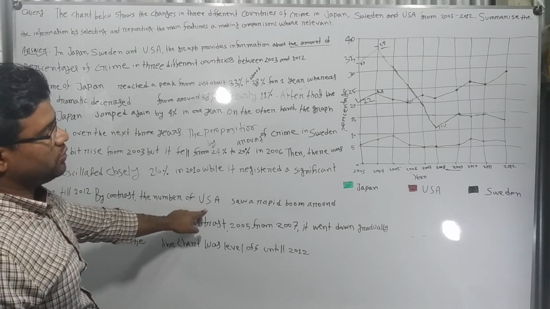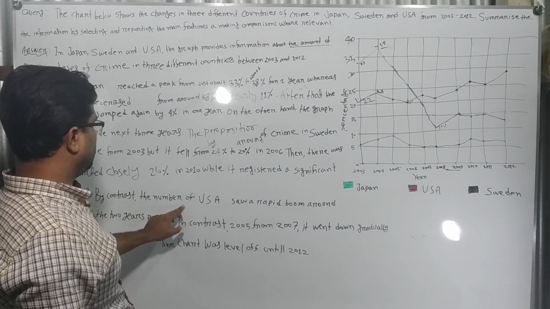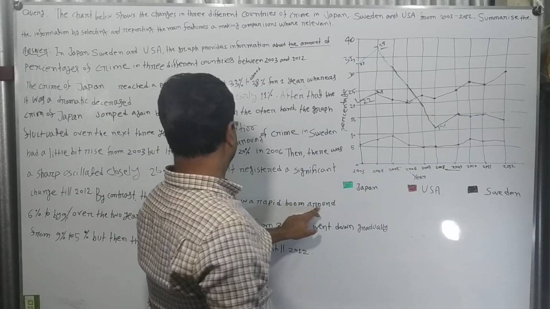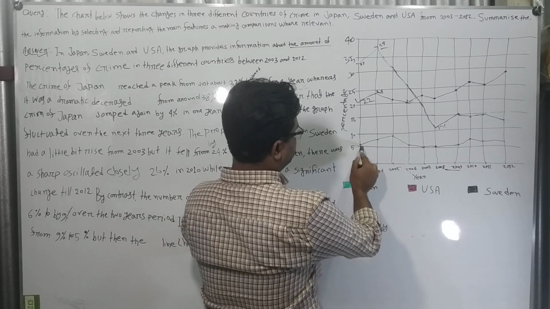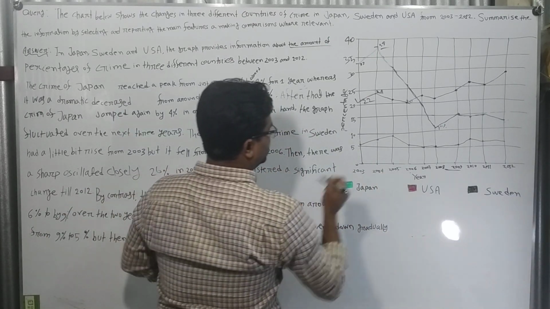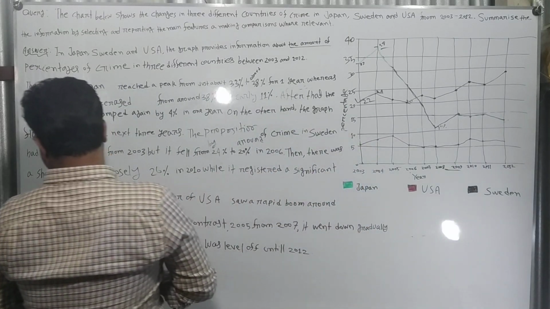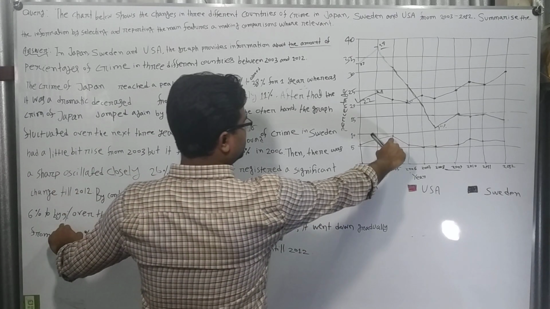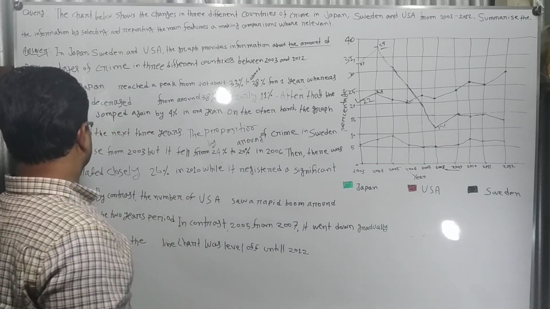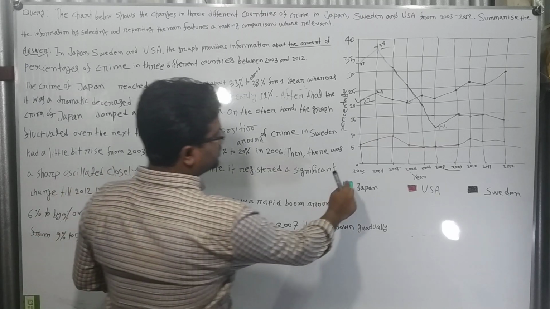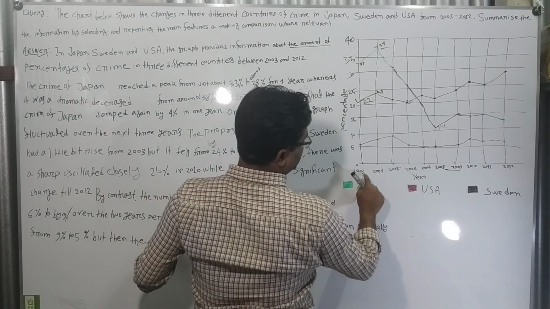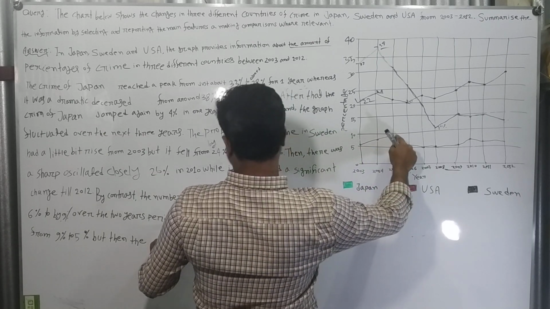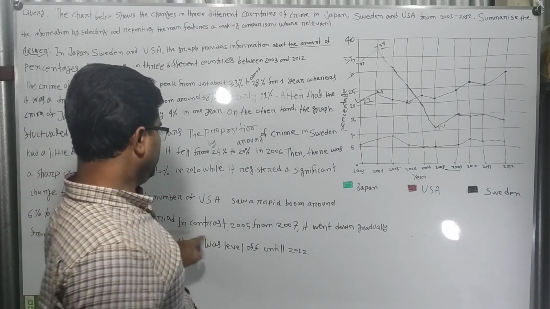তারপর বাই কন্ট্রাস্ট বিপরীতে the number of USA, I'm going to talk about other letters. The number of USA saw a rapid boom means increase or rise around the USA, US indicators USA around 6%, 5 and 6%, 2 by 9%, 6% is 2 by 9% over the 2 years period, 2 বছরে 2002 তে শুরু হয়েছে, 2003 থেকে 2004 এবং 2005 সেই থেকে শুরু হয়েছে, এখান থেকে শুরু এখানে গেছে 9 পর্যন্ত।